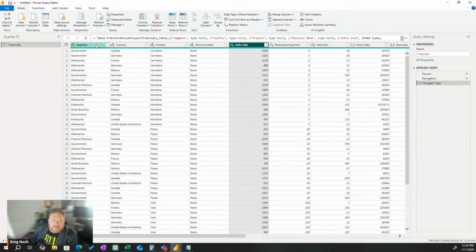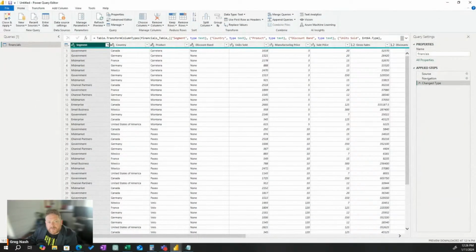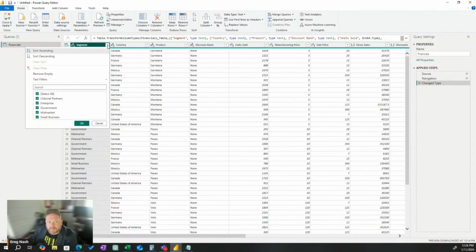All right, we're going to take the segment column now. So we click here. Oh, there's a third button you can click on the top of the column. It's this one, which is like Excel. You can do filters, right? You can filter the column. Now, be very, very careful with this.